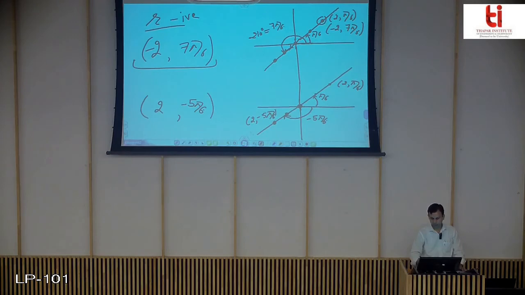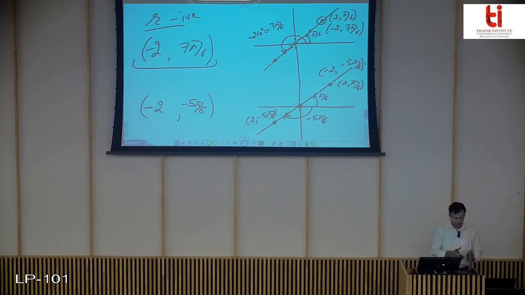I have to reach this point. So since this point is lying behind me, I need to step backward. Looking in this direction, I have to step backward, r minus 1, r minus 2, and then I will reach the same point. So this is r minus 2, theta minus 5 pi by 6. So this is the last representation from minus 2 pi to 2 pi of this point for r negative.